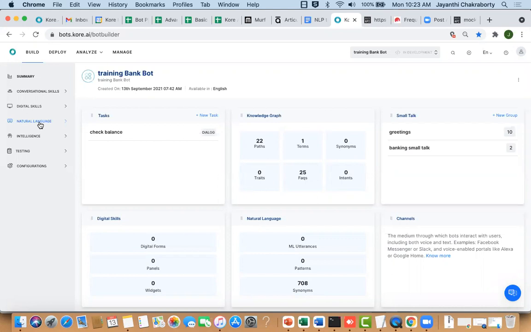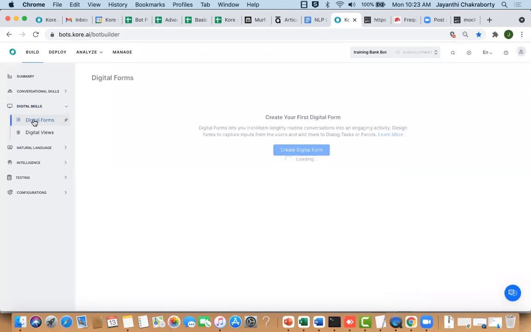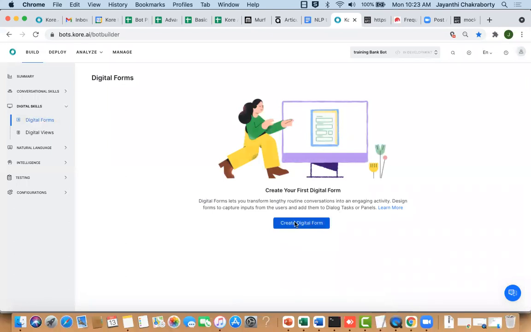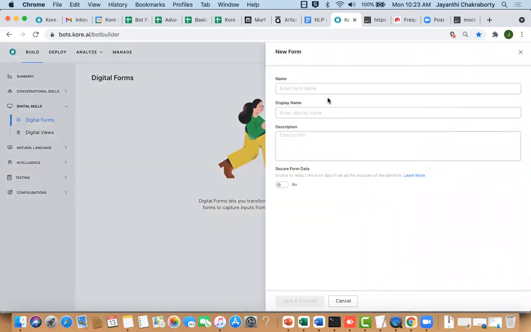That is, I'm going to create a digital form, capture information from the user and store it within my table. How do we do that? We come to digital skills and under that we have digital forms. Click on this and start by creating a new form. Okay, here put a name to your form. The first thing is the name of the form. Let's see, I name the form as,